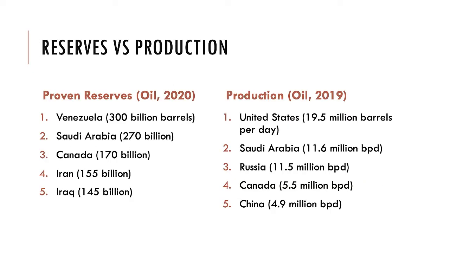Next, I want to clarify what we mean by oil or gas reserves. This is the estimated amount of oil or gas a country has remaining underground. Proven reserves are estimates believed to be 90% accurate, and they vary depending on the actual price of oil. Reserves increase as the price of oil increases because it becomes more economically feasible to extract more oil from the ground. Reserves, or capacity, are different from actual production, which is the amount of oil pumped out of the ground